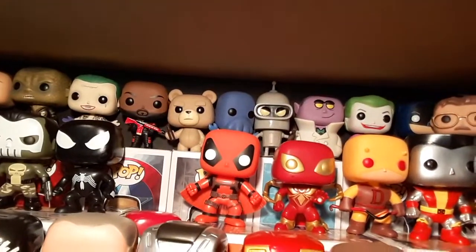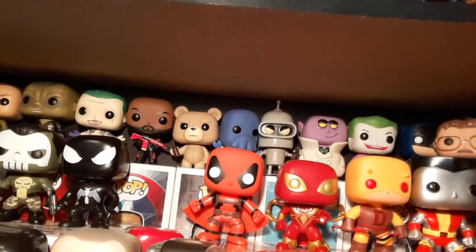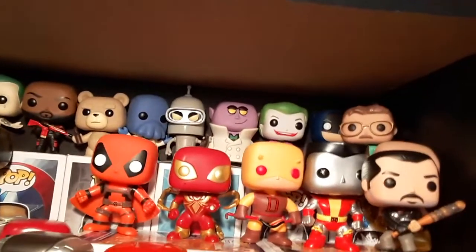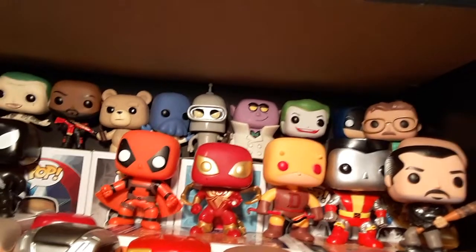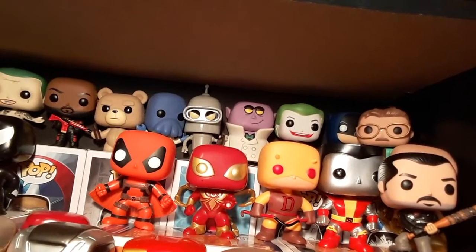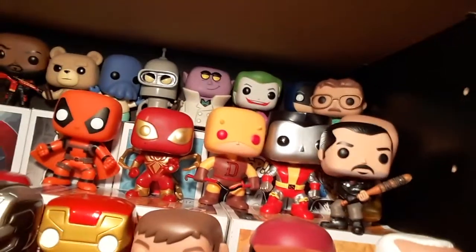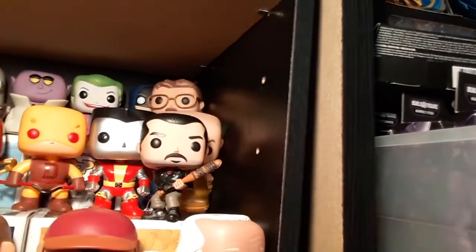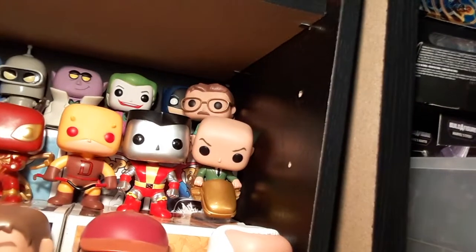And that Ted Funko Pop I have back there, he's actually one of my first 10 Pops that I actually got. And then we see the exclusive Zoidberg and Bender. We have Lil Gruesome from Wacky Races. And we have Walter White in his Tidy Whities. And going down to the next one, if I move Negan out of the way, there is the